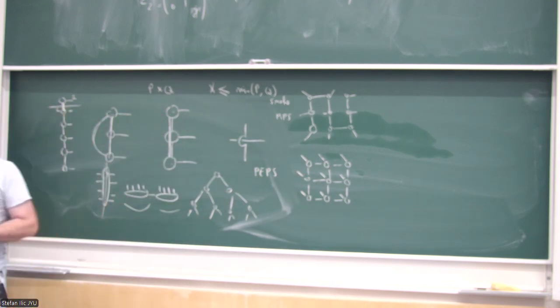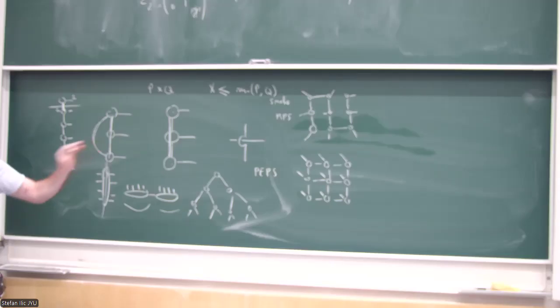The truth is, MPS is really the one that works very well. It's so simple. Everything is in chi to the power cube. You can increase the bond dimension to very, very large numbers and so on. PEPs have some very interesting results in 2D, but it's very hard. You need to use all kinds of approximation tricks, and there are only a handful of people on the planet who know how to deal with PEPs,